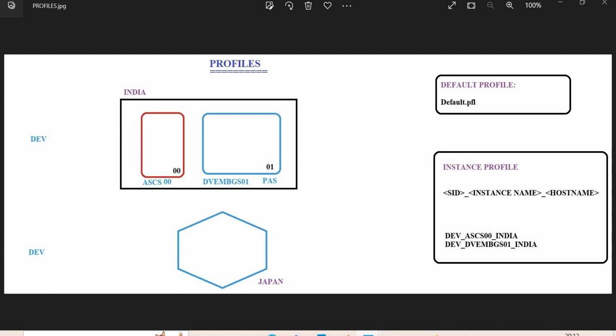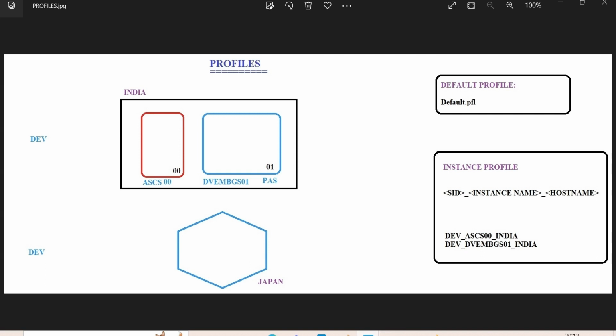Instance-specific information will be stored in the instance profile. How many instances do I have in this system? Two instances. So these two instances will have two instance profiles, one for each, and only one default profile, for the common information of your SAP system.